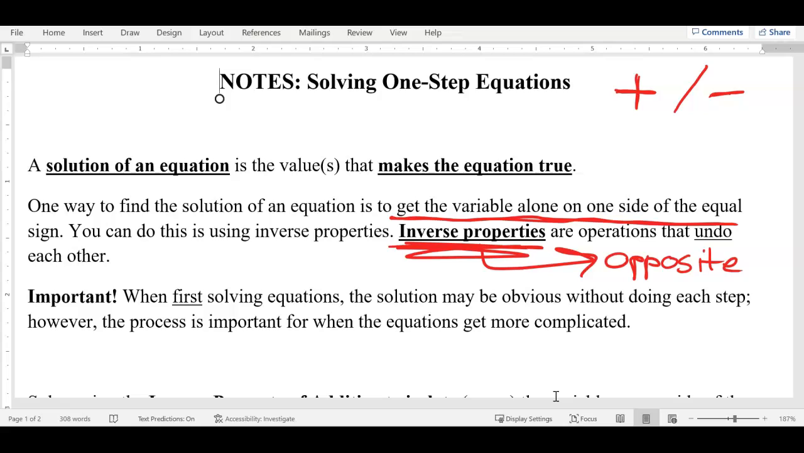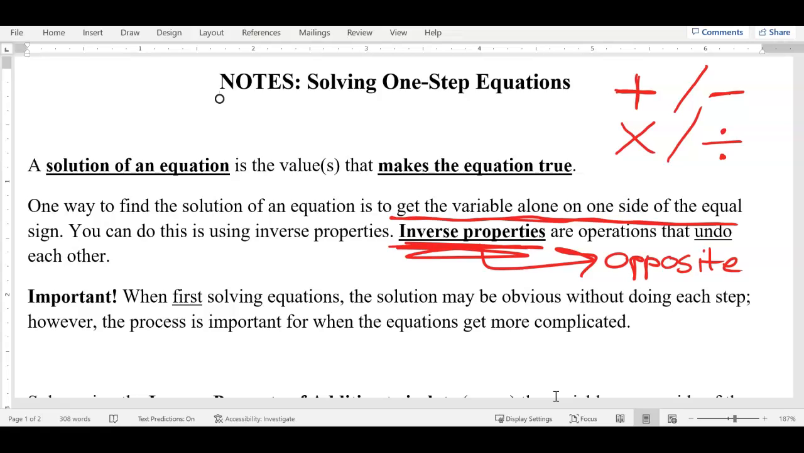Cool. So I put that at the top there. You can draw that, right? And then what about multiplying? What's the opposite of multiplying? Division, okay? And what's the opposite of division? Multiplying. Those are your 4 basic operations. That's half of it right there. And so when we're solving, we're going to do the inverse operations, inverse properties, which basically means